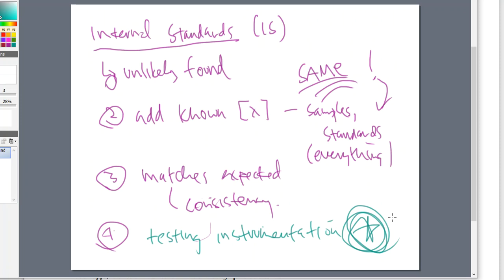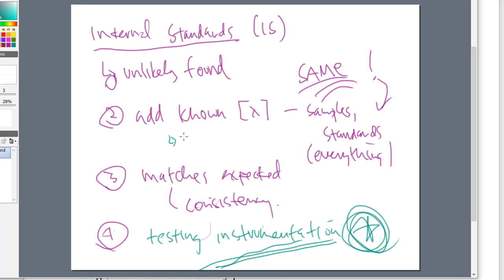So the internal standards will allow us a way to go in and correct for those mistakes that are due to the instrumentation errors that could show up in this entire process. That is what this thing is all about. All right. So internal standards, unlike a surrogate, you add a known amount, like a surrogate, but you add it to everything across the board,